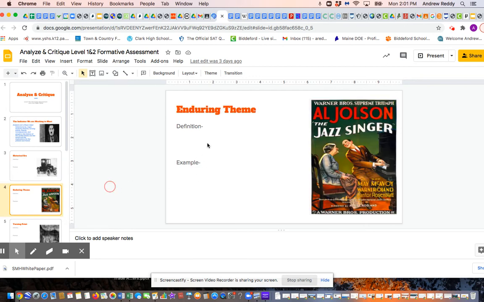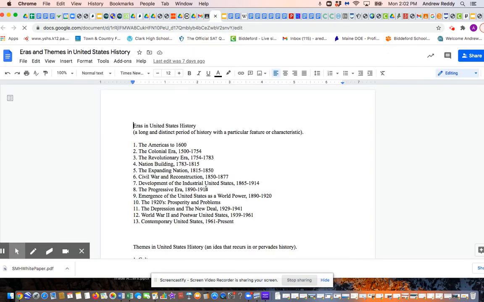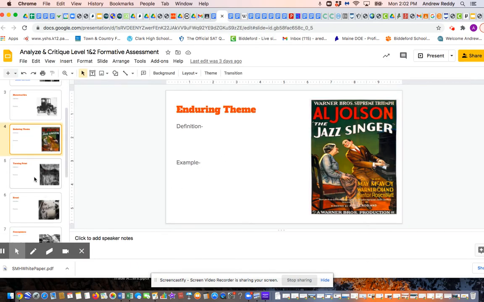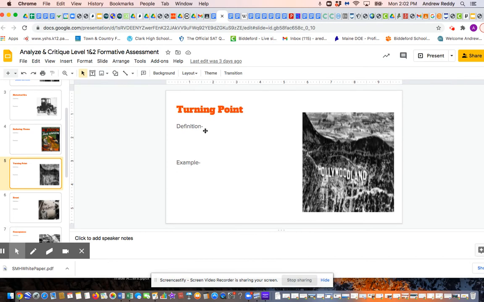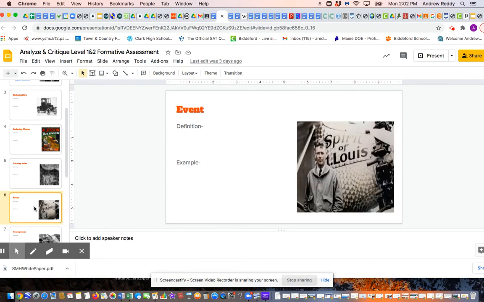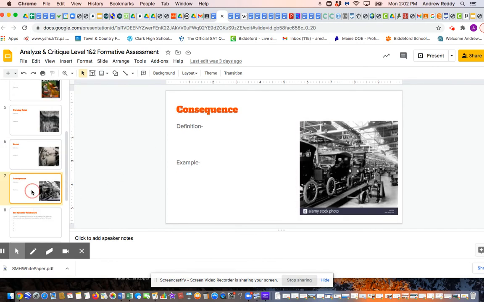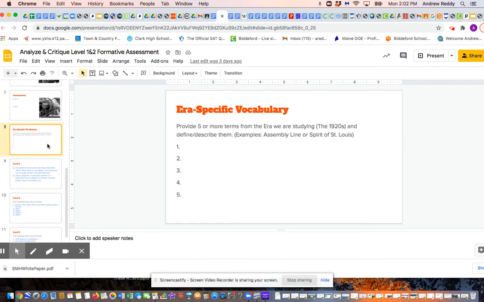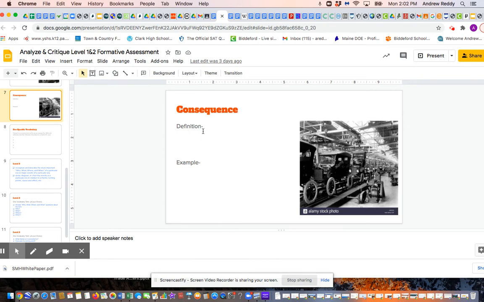Same thing with a theme. Define it and give an example. And remember, you can find some of that information on this document here. So then you have to define what we mean by turning point and by an event, by a consequence. Going back here real quick, for each of those terms, remember you're defining it and then providing an example of